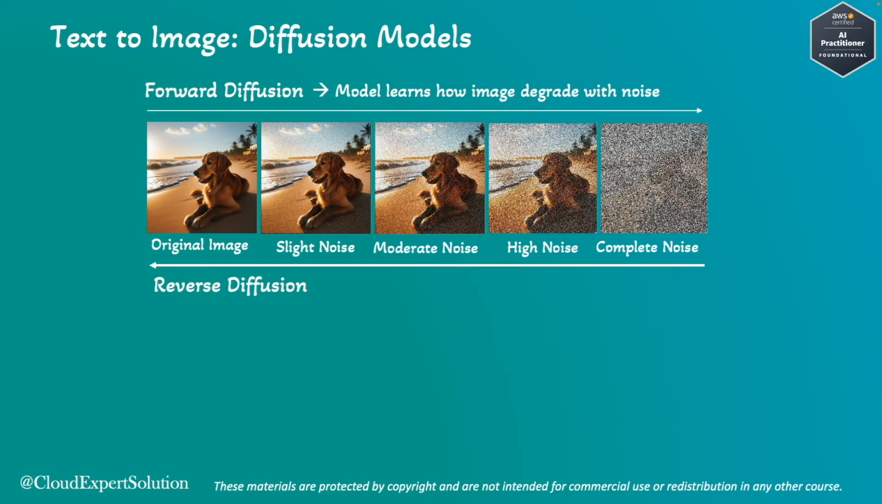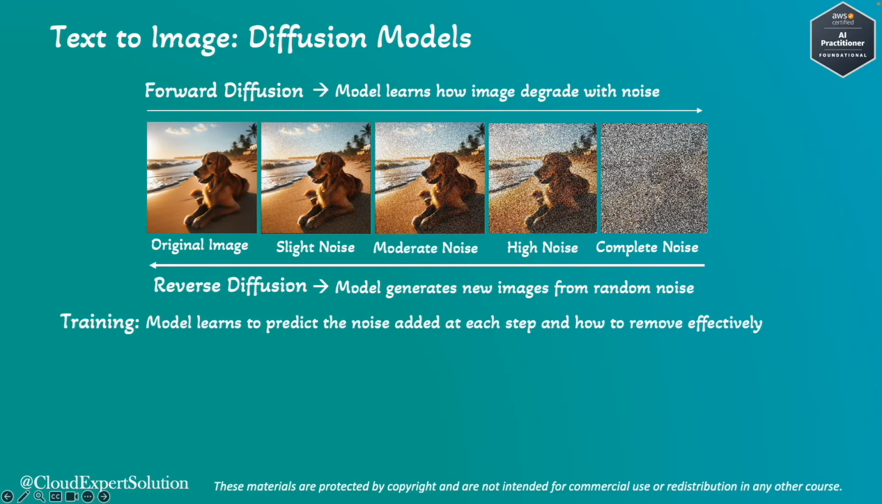And the main purpose of reverse diffusion is that it will teach the model how to generate new images from random noise. And this training process will help the model understand the structure of an image and how to reconstruct from pure noise. Now, once the model is trained, at the generation step, if we put in a text prompt,